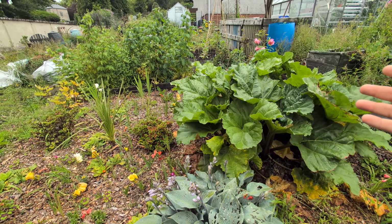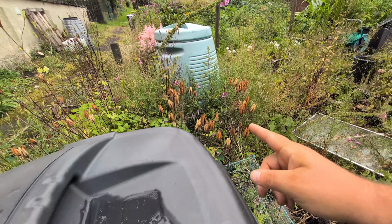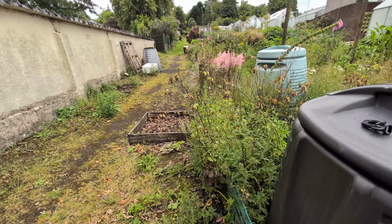So a lot of weeding, a ton of weeding. Look at that. That's shockingly bad now in this corner. So yeah, all this needs to be stripped. I'm hoping I'm not too late. Ooh, I would be just about right. It's full of seeds, so definitely need to sort this out